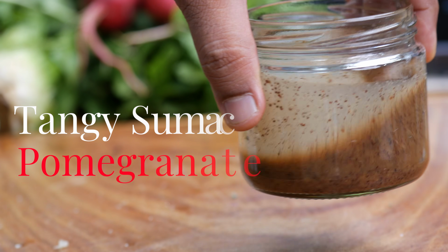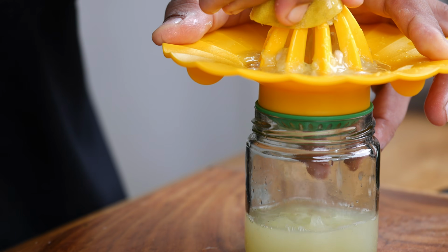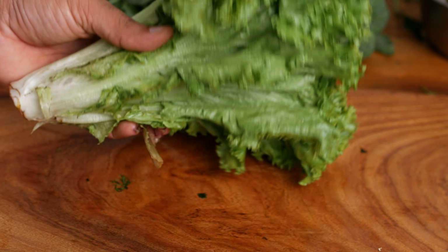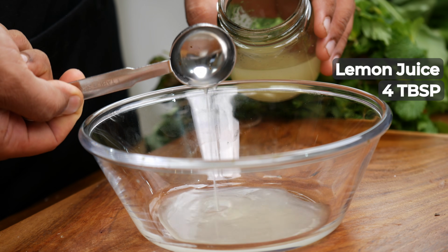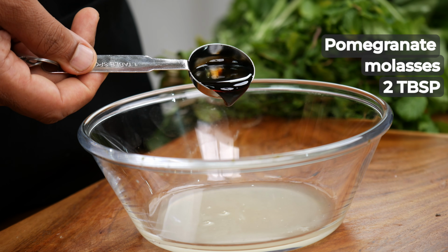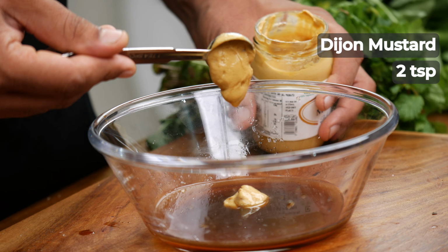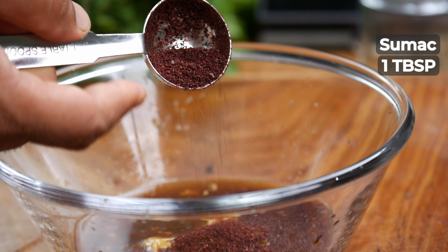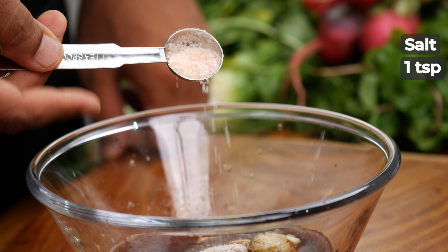The main ingredients in this dressing are pomegranate molasses, sumac and lemon juice that are whisked together. This is a tangy but sweet dressing, and it goes very well with delicate greens like lettuce. For this, take 4 tablespoons of lemon juice and add to it 2 tablespoons of pomegranate molasses. Add 2 teaspoons of Dijon mustard, 1 tablespoon of sumac, 1 teaspoon of garlic which is minced, and some salt